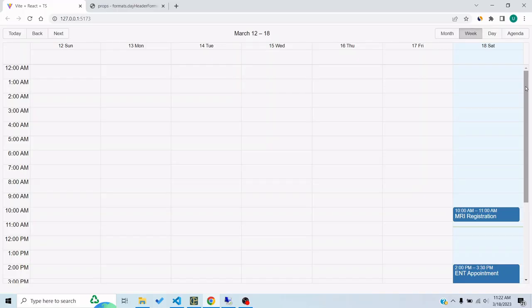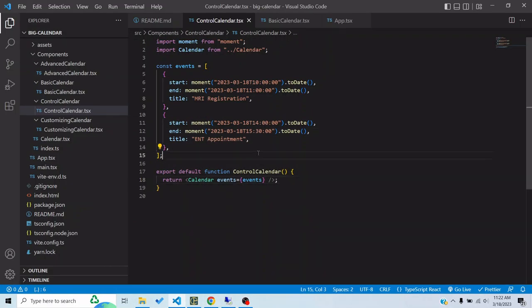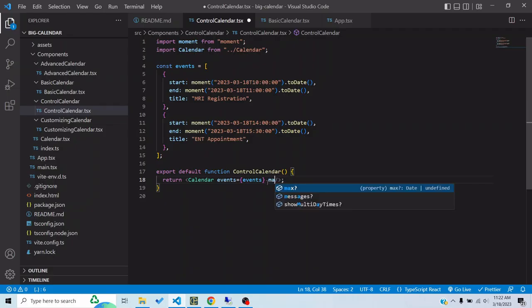But what if you wanted to show the events for a particular time range, which is usually the case? Maybe it's a hospital, it has a particular range. Maybe it's an event which occurs between particular times, so you would want a time range in which the events are shown, and the rest are not shown. So I can do that as well. We have two props, max and min. So in the min prop, I can say